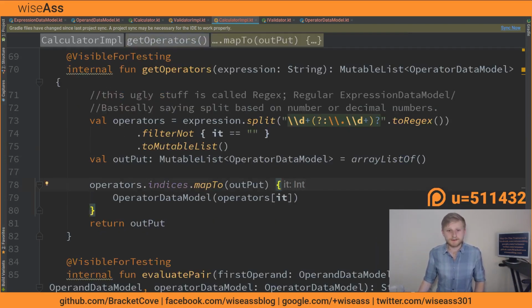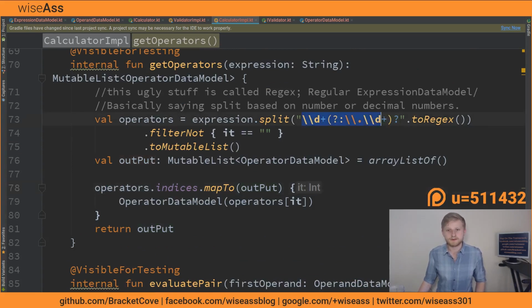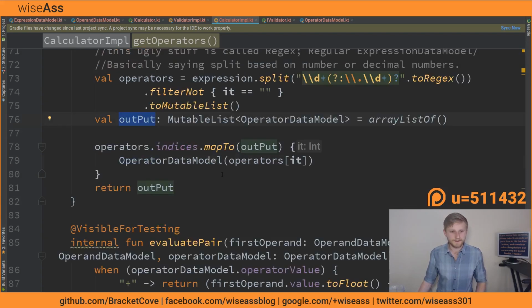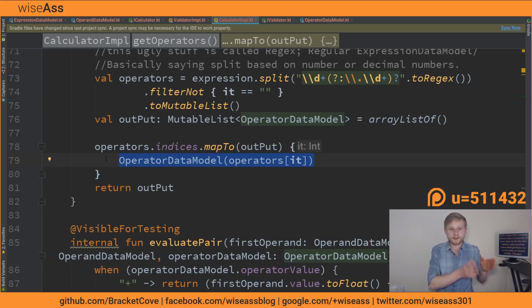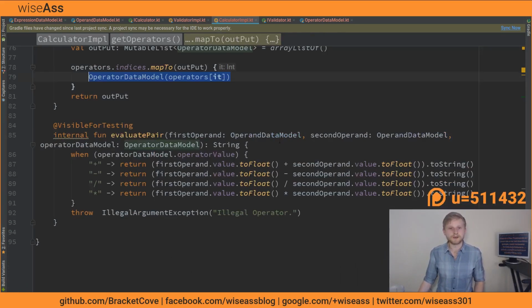Get operators, again, we're applying this little split method here, and we have some regex code. If you're not familiar, it stands for regular expression. And what we can do is we split the expression based on numbers, including decimal numbers. We filter out any empty value, which is just like a blank value. So again, this is really handy, just some Kotlin syntactic sugar here. And then we're going to wrap all of that and put it into a mutable list, which is of course called output. And then again, we're performing that mapTo operation to convert from, say, a character or a string value to an operator data model value. And then down here we have the actual code where we evaluate a particular pair,